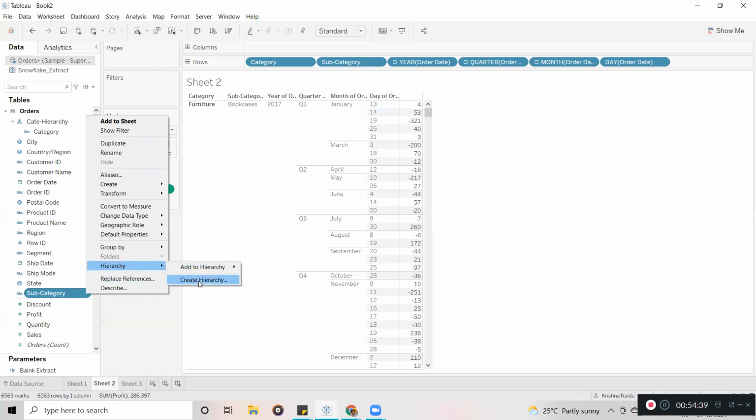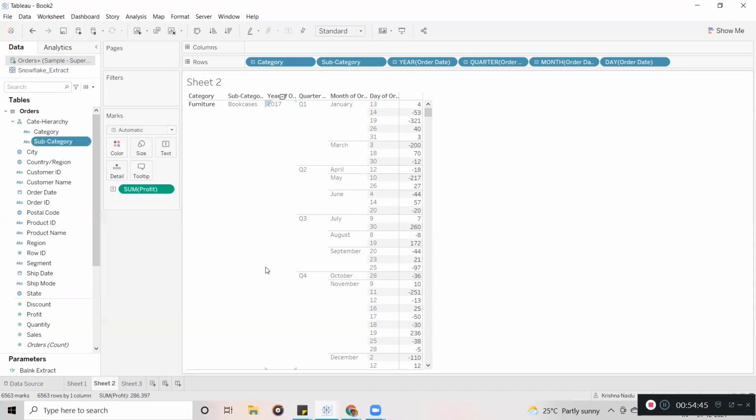Now anyhow, I am going to add this subcategory to the existing hierarchy. So I am going to select this category hierarchy. Now here, another one is product name. Another option is that you can directly drag and drop it. Now you can see, guys, the first one is category, the second one is product name, third one is subcategory.